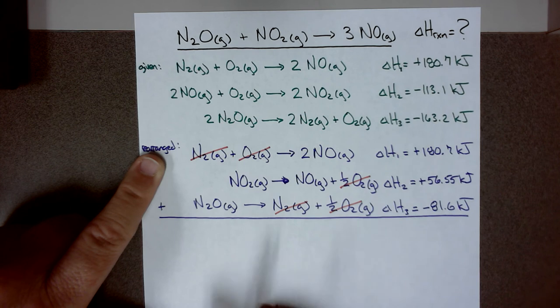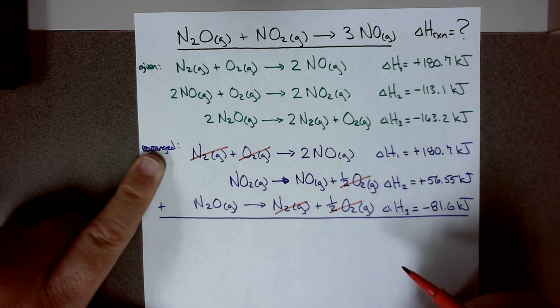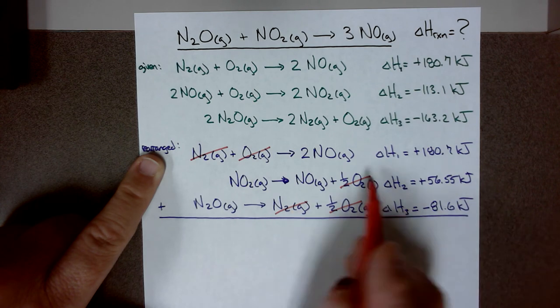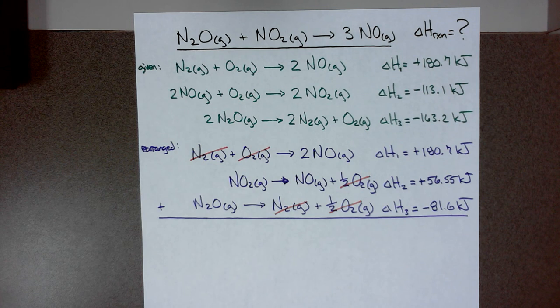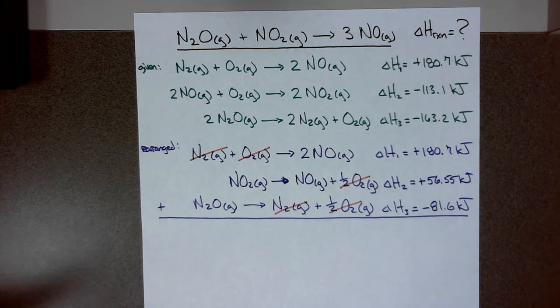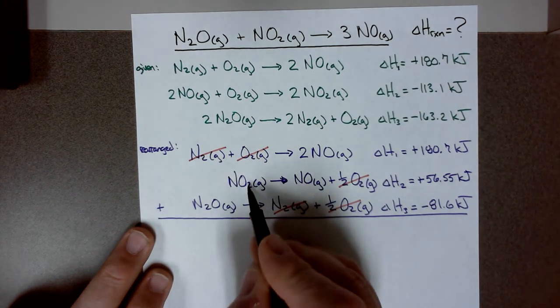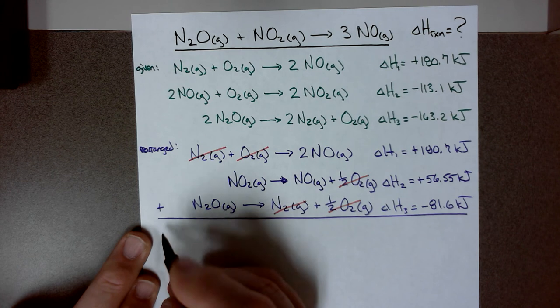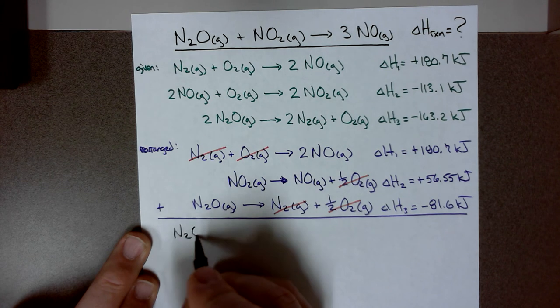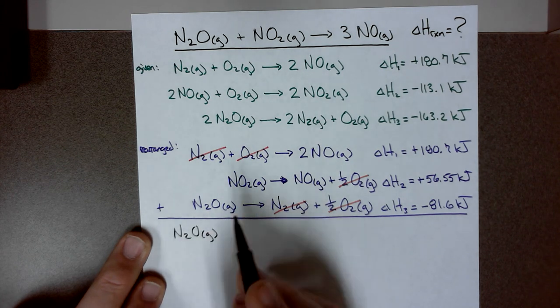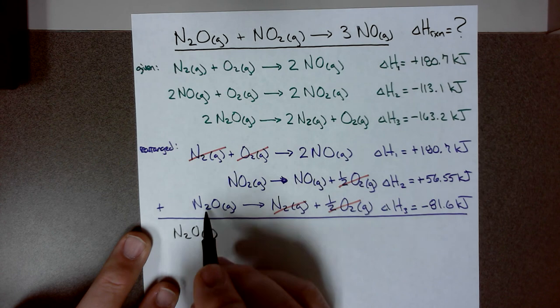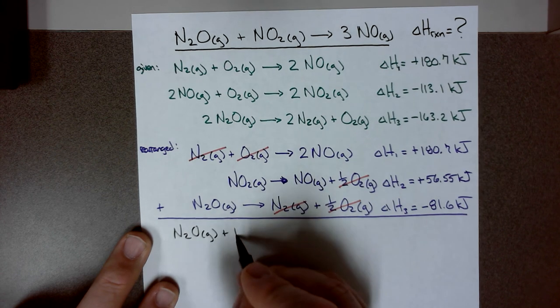And then we know that if we look, I can't cancel anything else. That's okay. That's good. Everything is good there. So now I'm going to write it out as if to see if it matches the original. So these are gone. This is a reactant here, and this is a reactant. So I'm going to write it as N2O. I mean reactant. I said product. I meant reactant. I'm sorry. Plus NO2 as a reactant